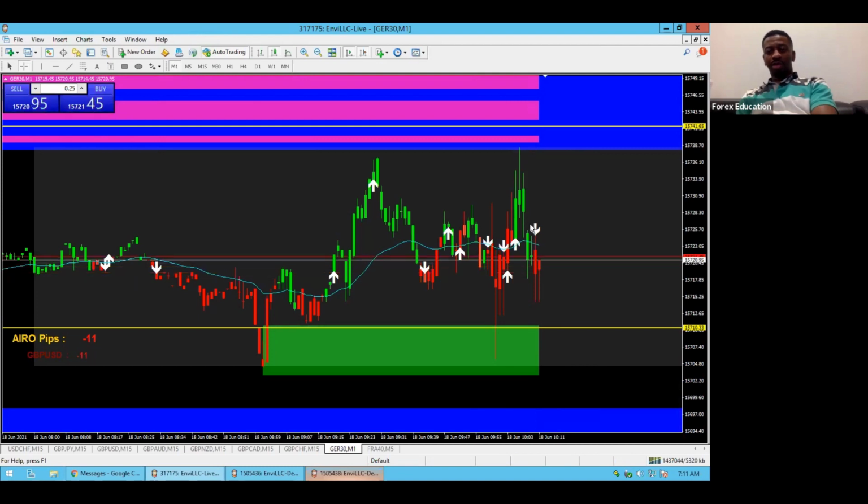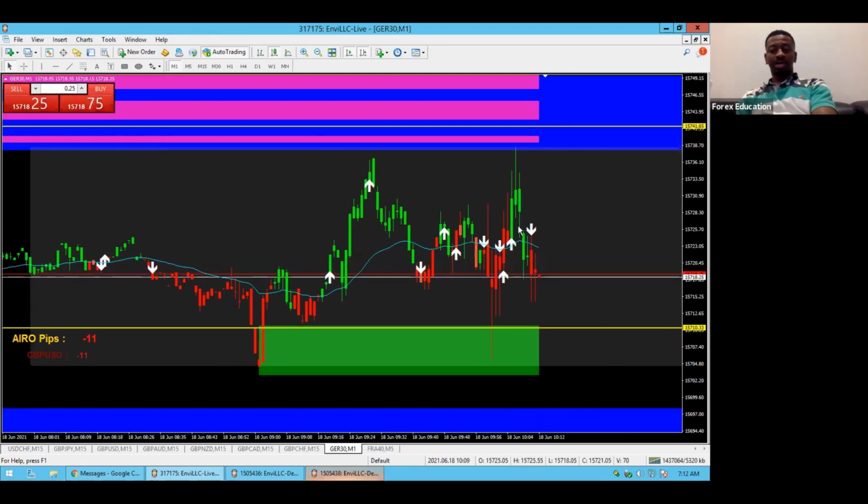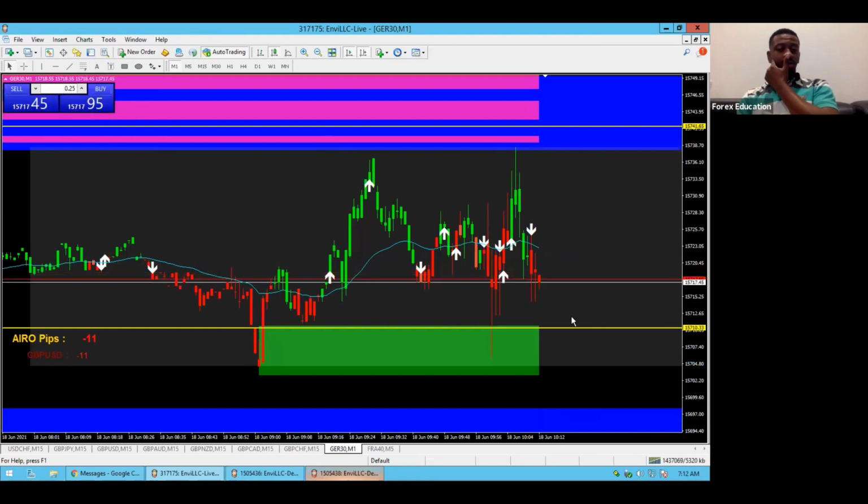One thing I learned about GER 30 is that with these minor gaps, typically the next candle, if it gaps like that, it'll come back and close it and then continue in this direction, whether it's a buy or sell direction. It didn't do that. But because I know the gap is there, it's not going to make its big move until it closes that. If it does, I'd be surprised. But that's what I was waiting on. Now we just wait for another setup.